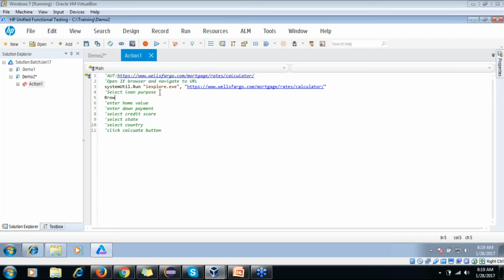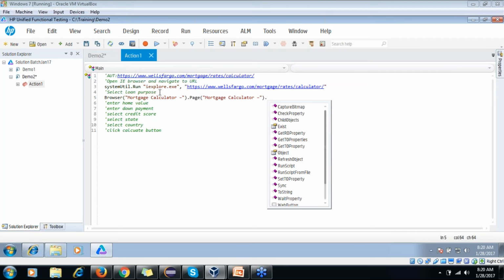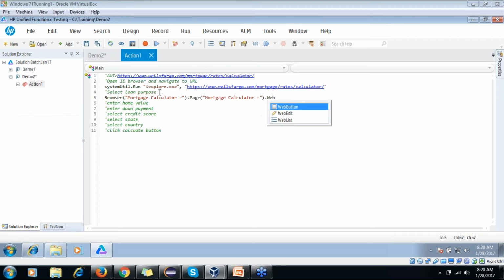Alright, so like yesterday, we have added objects in object repository. I don't think it is needed to explain these again. Now there is a different control, and what is the control? That is a web list.